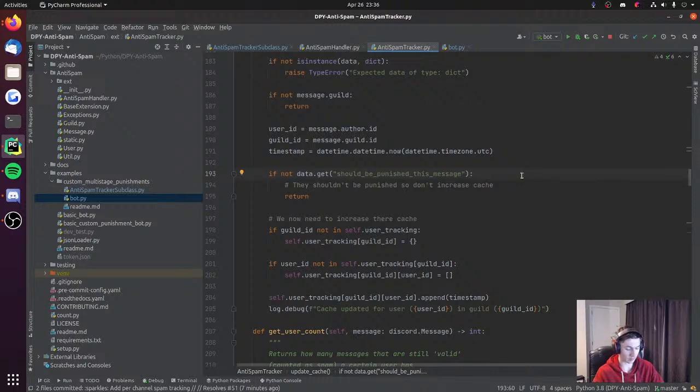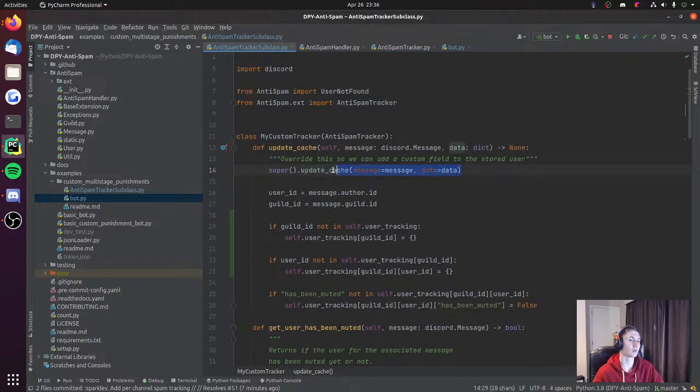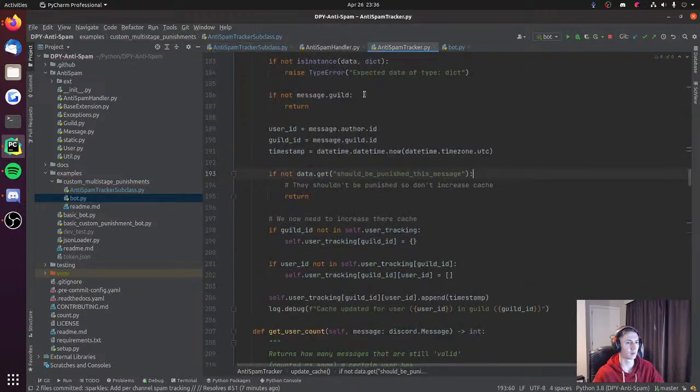And secondly, I need to add extra data in there. So we need to update this. So we can no longer update the cache like this. It's painful and sad